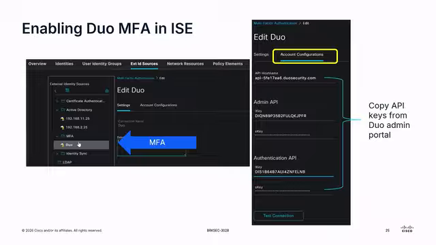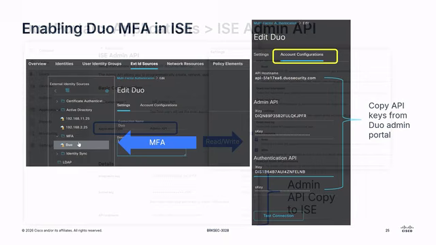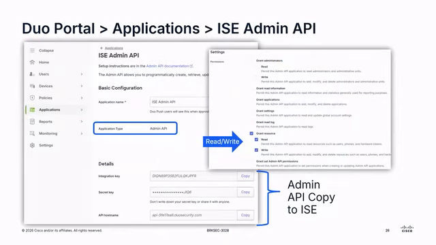So we created a category for MFA with Duo, and there's really just 2 sets of credentials that I needed to do. There's an admin API and an authentication API. It's API calls between the 2 systems. That's all it is. And then you got to cut and paste these keys. So from a configuration perspective, it's an account on the ISE side, and then on the Duo side I have to create these applications, because that's how Duo works, or most of these proxy solutions or protection is, you create the applications that you want to protect. In this case, it's